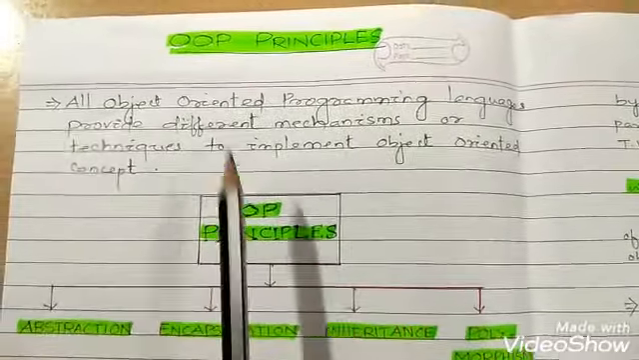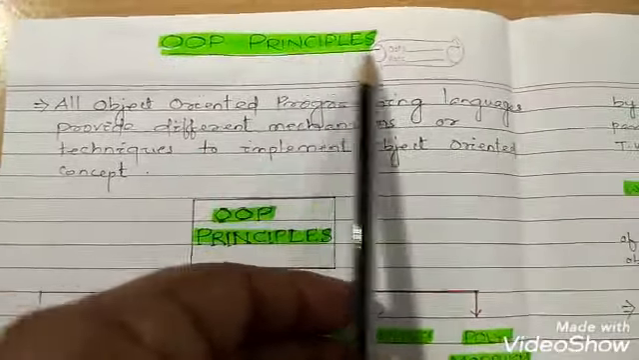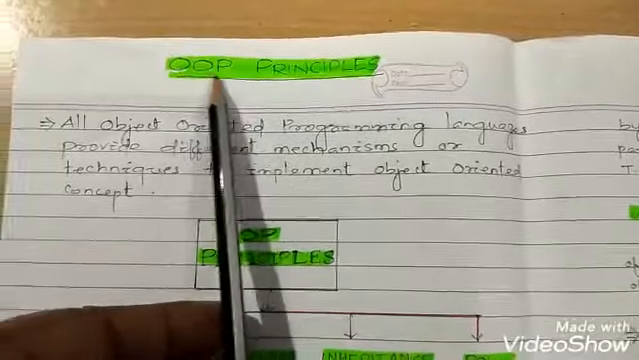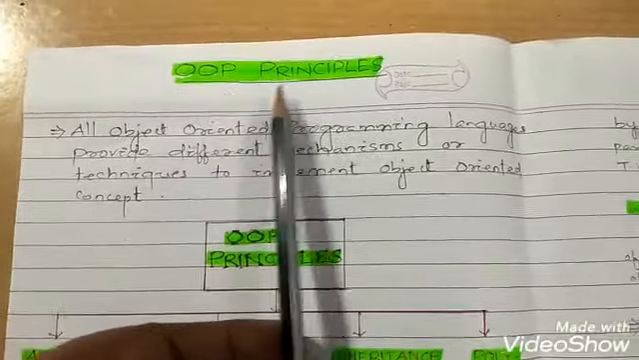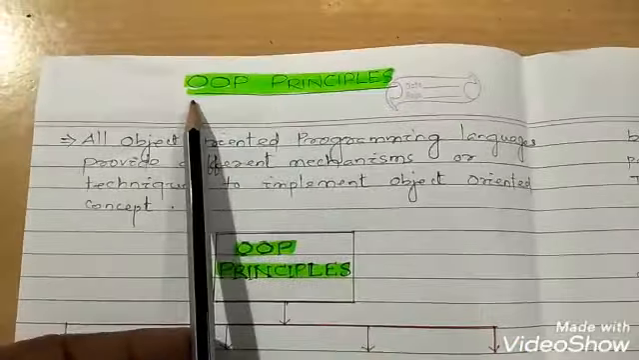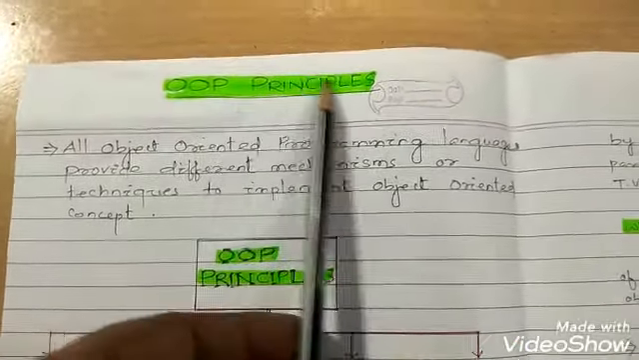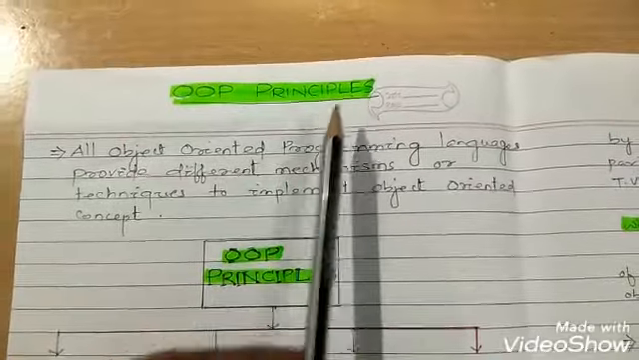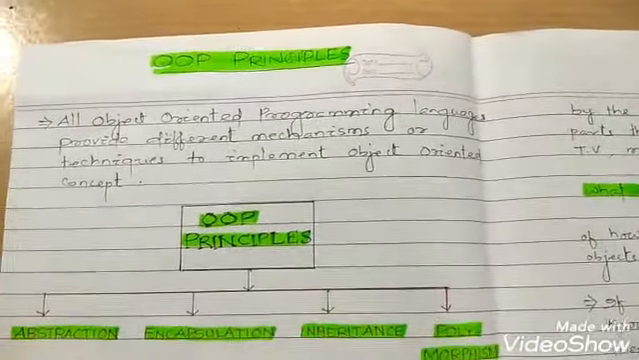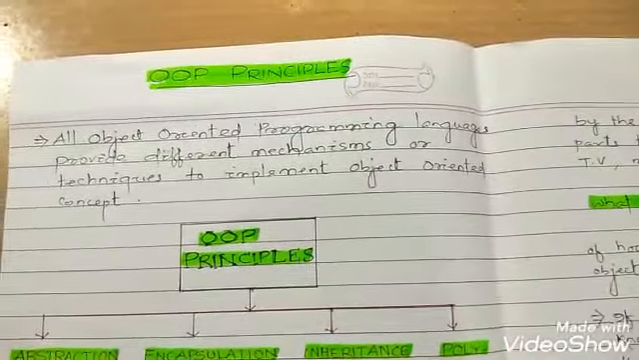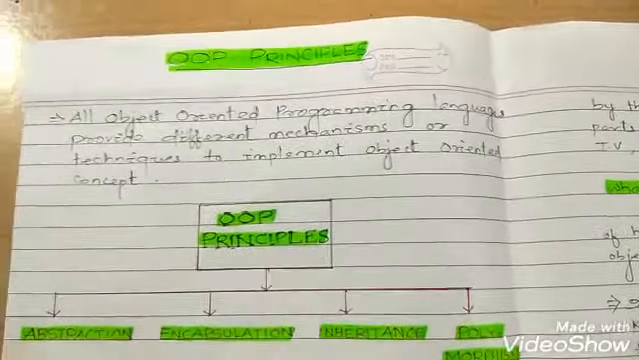Today we are going to learn about the OOP principles. OOP means Object Oriented Programming Principles. In short form, we call it OOP principles. Okay. So what happens? All the object-oriented programming languages, in 10th class, 9th class, you are